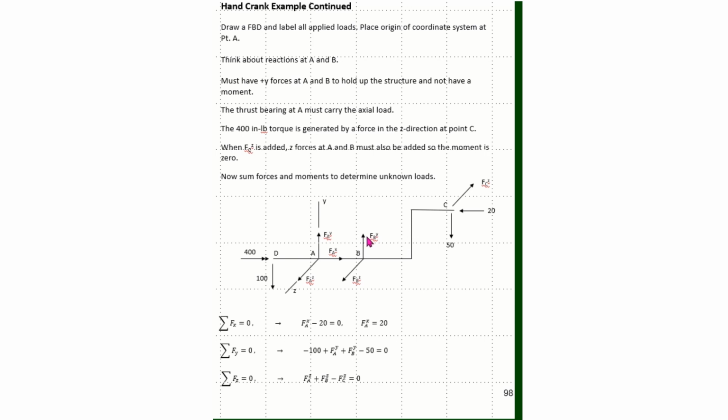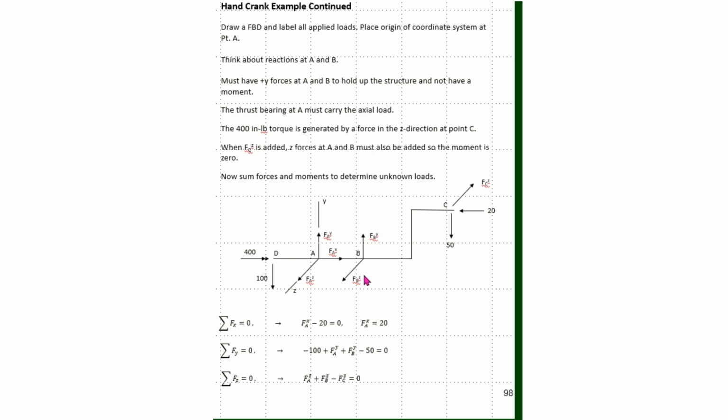Now I look at forces in the Z direction, and I know that to generate this 400 inch-pound torque, I need to have a force up here at point C in the Z direction. And so that will be going in the negative Z direction. And so coming down here to bearing B, I will have a force in the positive Z direction,